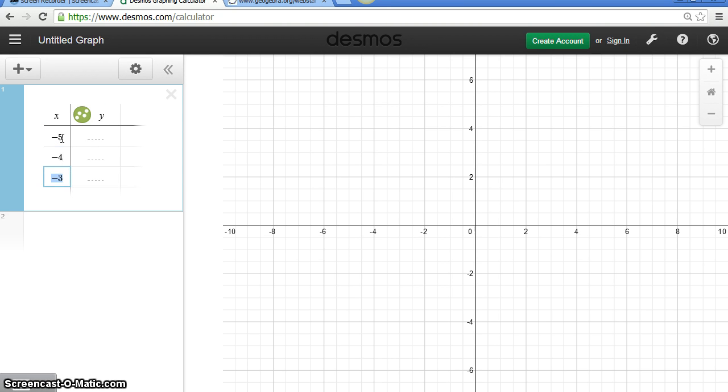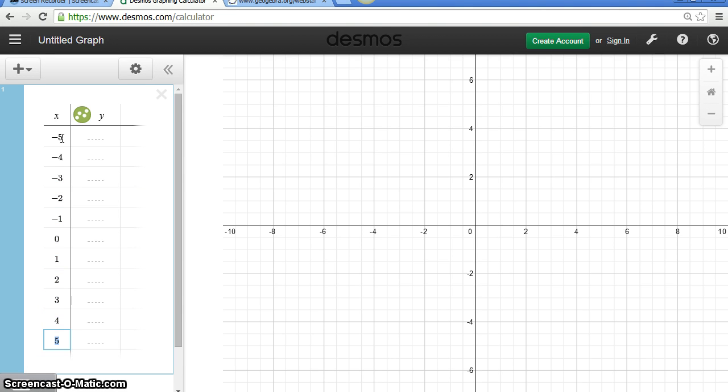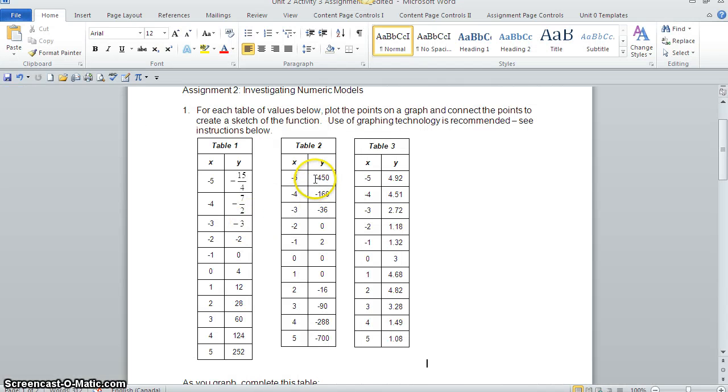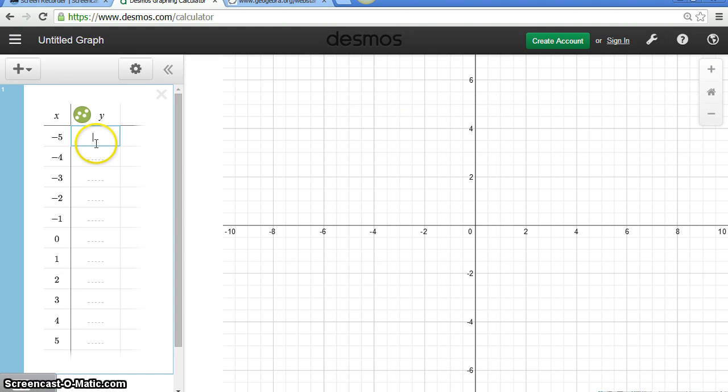-4. Notice I can just keep hitting return. It recognizes my pattern of going up by 1s. Unfortunately, I cannot cut and paste here, so I need to go back and take a look at the values and input them myself in Desmos. So you have -450,